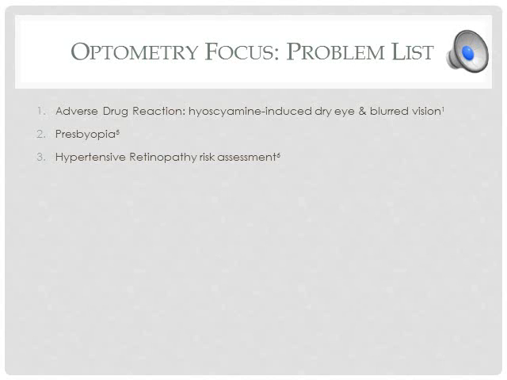The third is hypertensive retinopathy risk assessment. Hypertension is one of the most prevalent diseases worldwide. It affects nearly 50 million Americans and 2/3 of the population above age 65. Hypertension isn't always obvious, and sometimes a change in ophthalmic vasculature may be the key sign in the diagnosis of hypertensive retinopathy. Optometrists play a key role in co-managing hypertensive patients through posterior segment ocular cues such as flame-shaped hemes. As a patient's hypertension is well controlled with medication, the likelihood of developing hypertensive retinopathy is low, but a yearly dilated fundus exam is recommended.